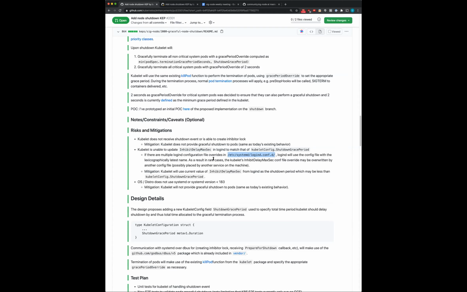Hey David, I had a quick question: would it be possible for kubelet to send an event out saying that the node is going to shut down? When you say event, what do you mean by that? I think a lot of controllers or operators around Kubernetes could accept an event, maybe on a channel or something. That would be a great addition.